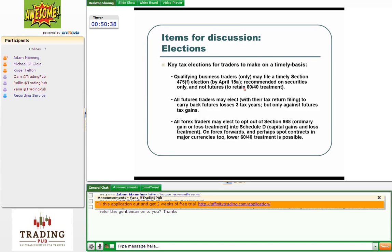The next things we'll look at are elections. Once you qualify as a trader, now what can I do? All right, I'm a trader, I can deduct my expenses. What can I do now to help even more? There are certain elections that you can make that will help you deduct more of your losses potentially by making the mark-to-market election, which we suggest often with security